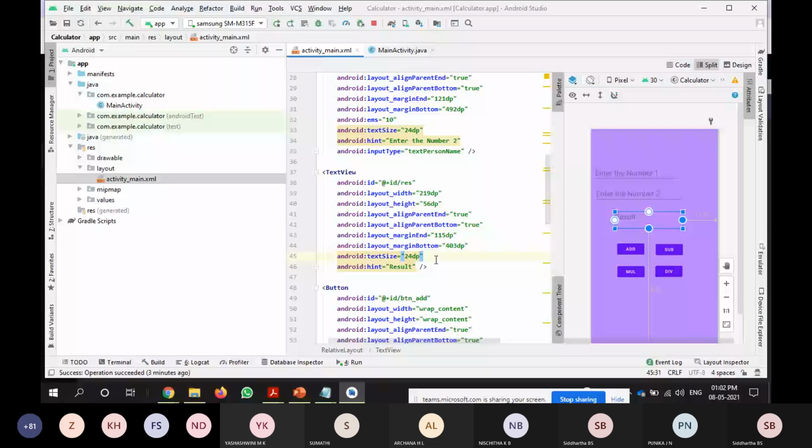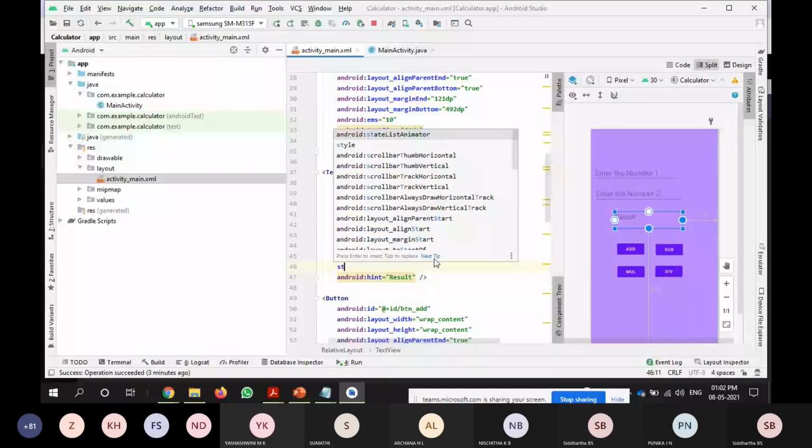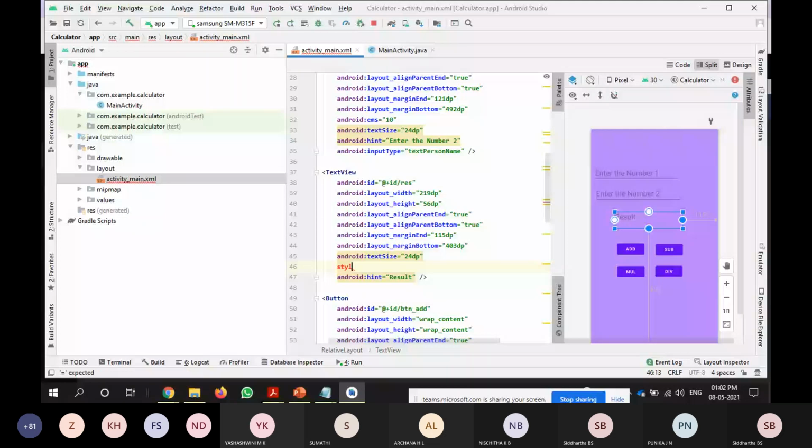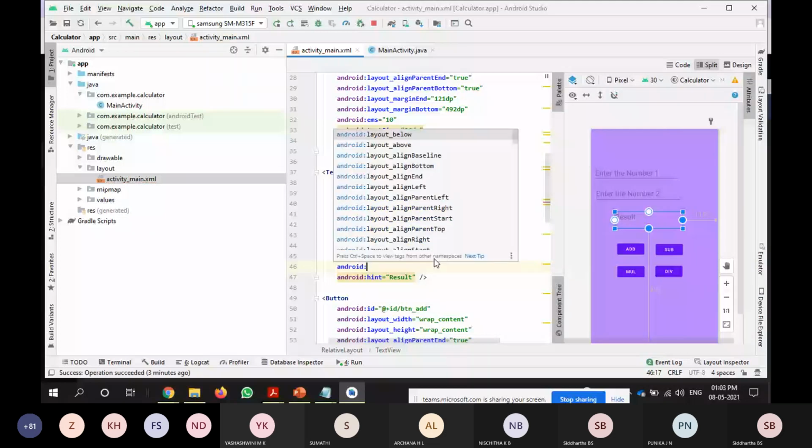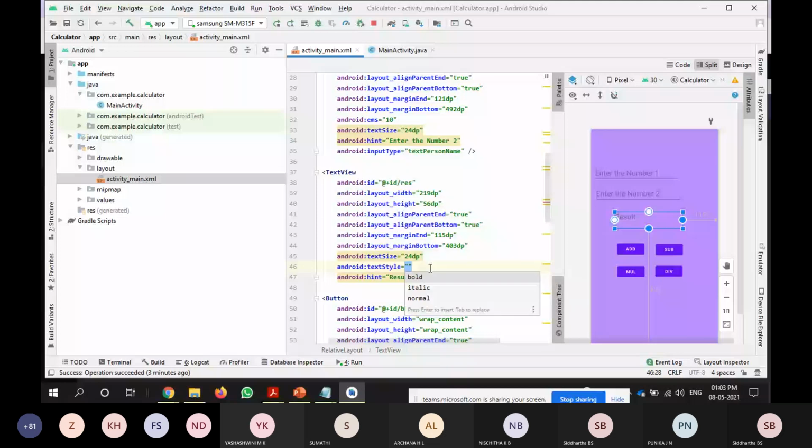So I will change the style of the result. I am going to textStyle. I will make it bold as well as italic.